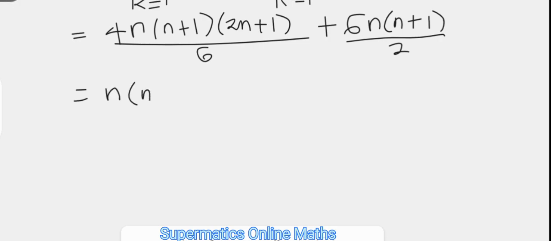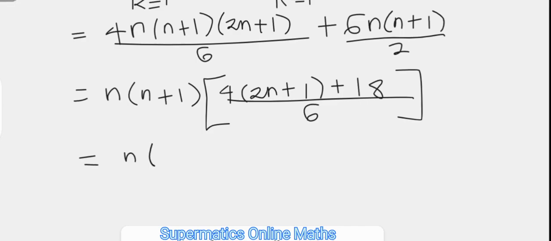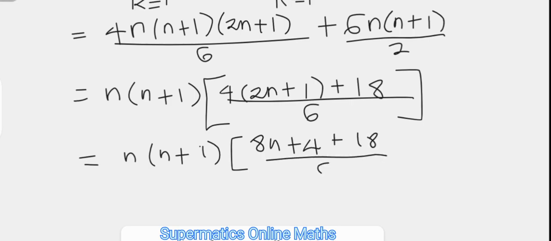Here we're going to factor out n times (n plus 1), leaving us with, in the bracket, an LCD of 6. Then we have 4 times (2n plus 1) plus 18. That becomes n times (n plus 1). Then in the parentheses, we have 8n plus 4 plus 18 over 6,